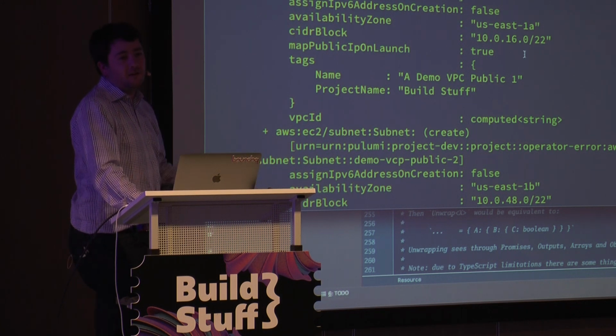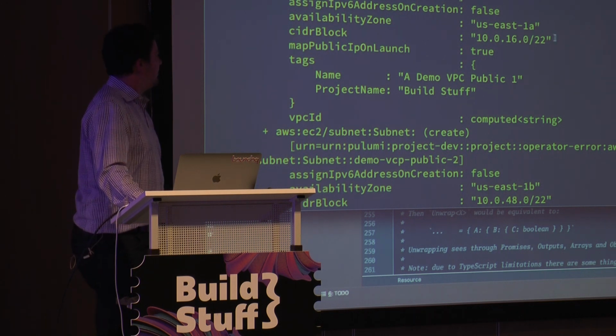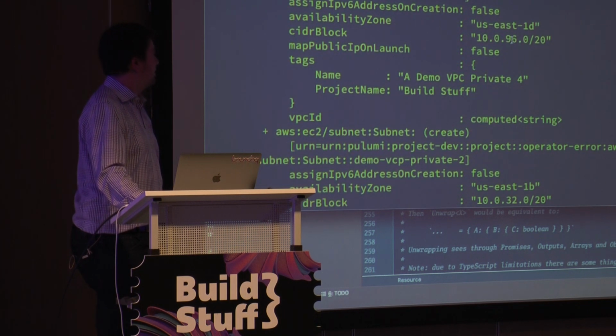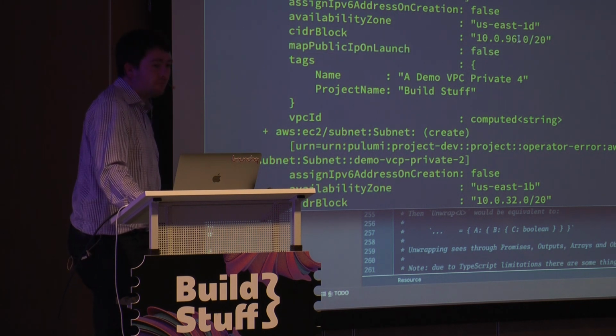For each chunk, we're going to have a public section and a private section, and we want the public section to be roughly a quarter of the size of the private section. So we're going to use /22, and somewhere here we'd find /20s for the private ones. So /22s will be the public addresses, /20s will be the private addresses.